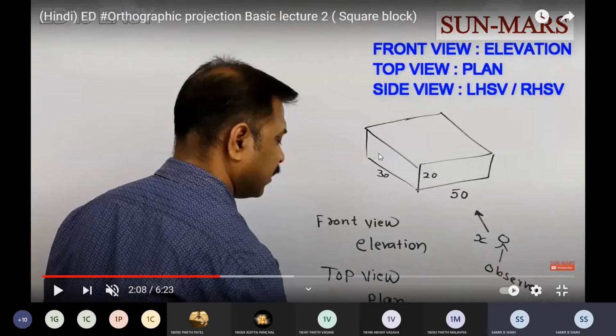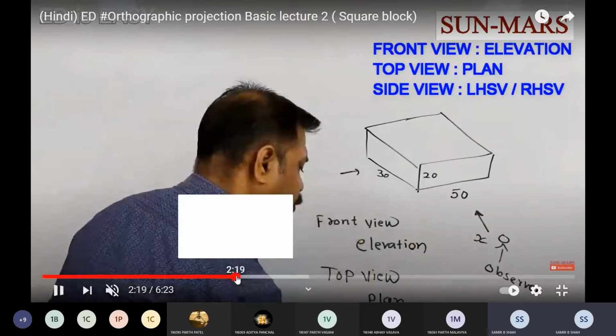Left side, and which we draw on the right side if we use the first angle projection method. Sometimes in the exam it is given to you to draw the diagram from the isometric projection with the help of either the first angle method or the third angle method. Sometimes it may not be given. If it is not given which method to use, then you may directly mention in the solution that I prefer to draw using the first angle method. Not that much issue with the first angle or third angle.